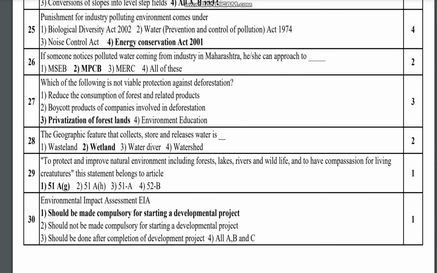Which of the following is not a viable protection against deforestation? That is privatization of forest land. Then to protect and improve the natural environment including forest, lake, river, wildlife and to have compassion for living creatures, this statement belongs to Article 51A. Last is, environmental impact assessment should be made compulsory for starting a developmental